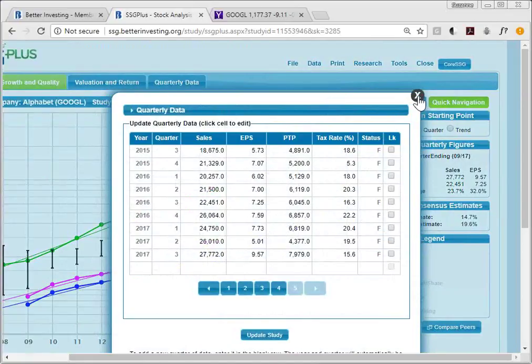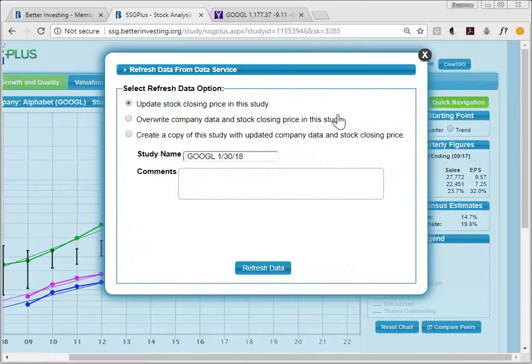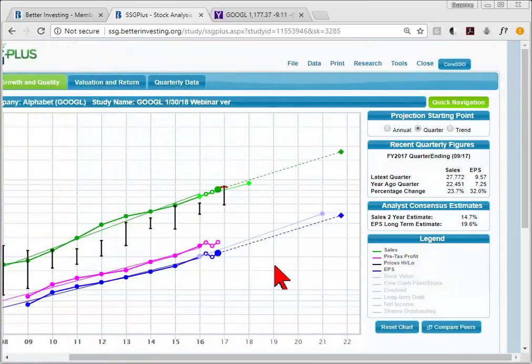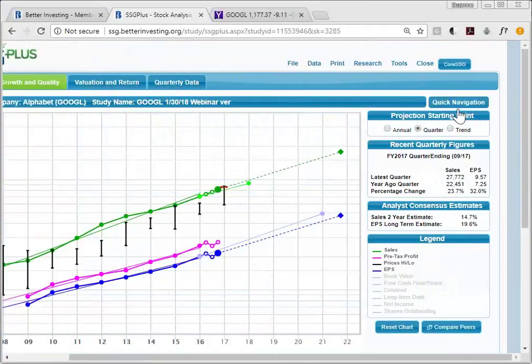And most importantly here, you can refresh your study data. This is another word for update. And those options are just update the closing price. Don't touch anything else. Overwrite the company data and stock closing price. This is the one I typically do. Or create a copy. Don't overwrite it. While you're doing it, create a copy, and I might want to give it a new name as well. And so my typical thing is to do a refresh data here. I just opened this, so we're not going to actually see too much of that,